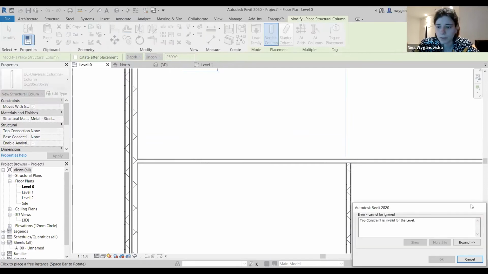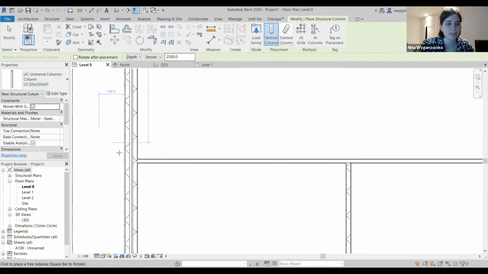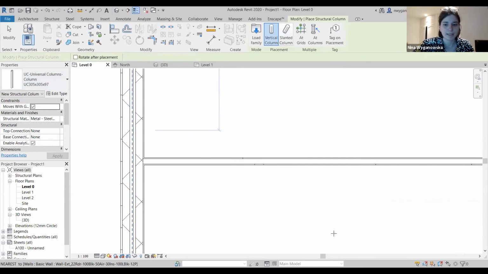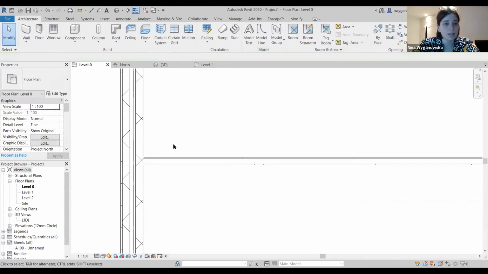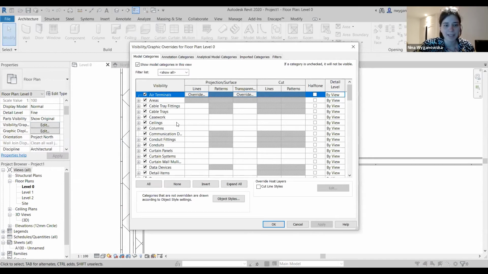Let's say it's to level 1. Sorry. Constraints invalid. Yeah, it said that my top constraint is invalid right now, but basically this allows you to view your elements. And I think at the moment that was a problem because of visibility and graphics. So basically there's a lot in this program. If you can't see something, like what just happened on my screen, it probably happened to yours. On the properties panel, if you don't select anything, you have something called visibility and graphics. That basically shows you what's visible in your